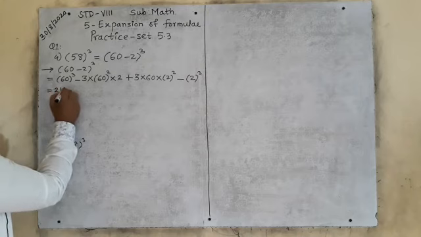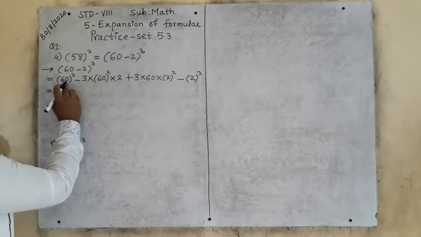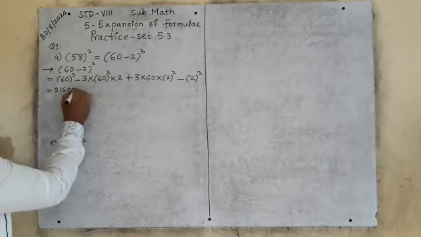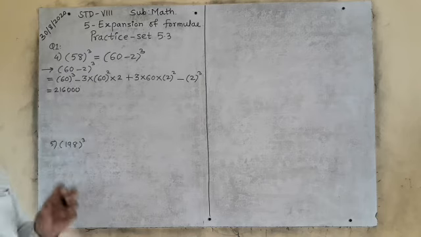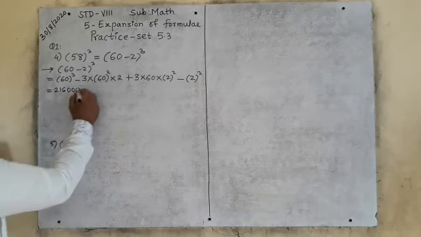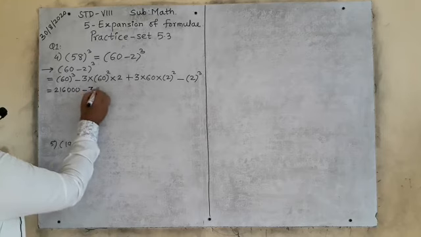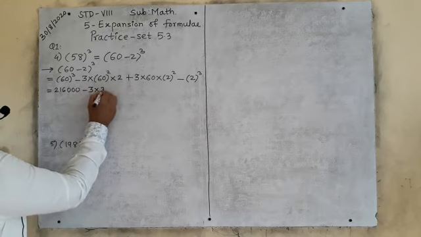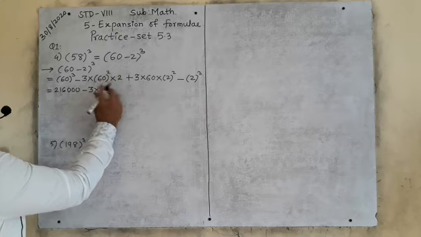216, right? 216. Then what is the cube of 10? 3 zeros. Is it clear? Simple. Think simple. Don't make it hard. Now minus 3 as it is. What is the square of 6? 36. What is the square of 10?